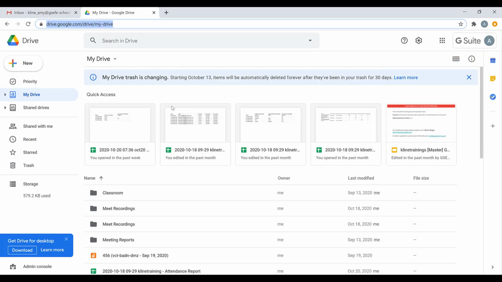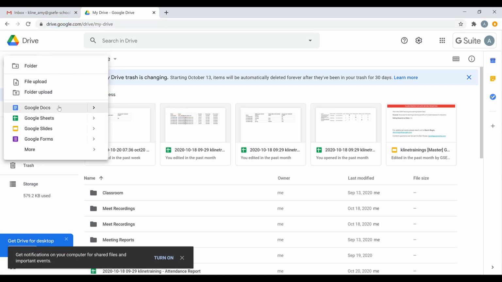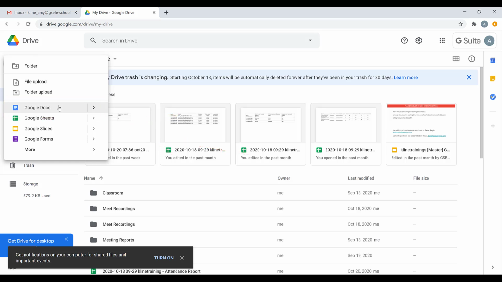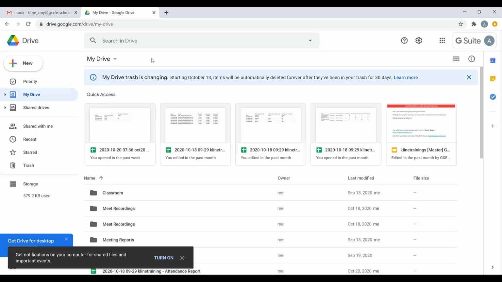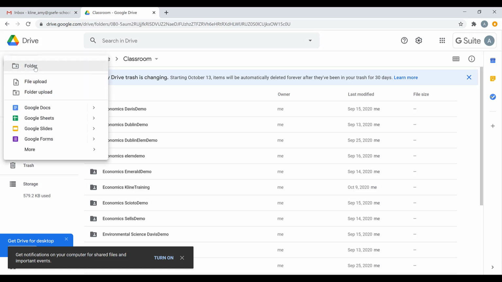Once you're in your Drive, you can click New in the upper left-hand corner and then choose Google Docs. This will allow you to create a new Google Doc. If you want to organize your files, you can open the folder that you want the doc to be in and then click New Google Docs, and the new document that you create will then be in the folder that